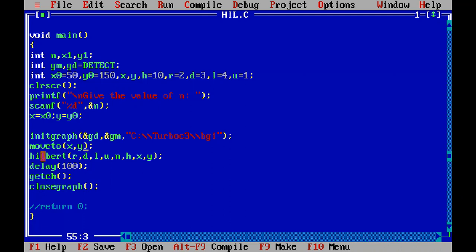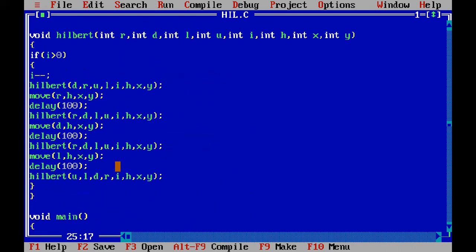We pass to Hilbert, a function that requires 8 parameter values: R, D, L, U and x, y. We pass x0, y0, x, y, h as 10, r as 2, d as 3, l as 4, and u as 1. After that it processes with a delay of 100 milliseconds between every line segment.